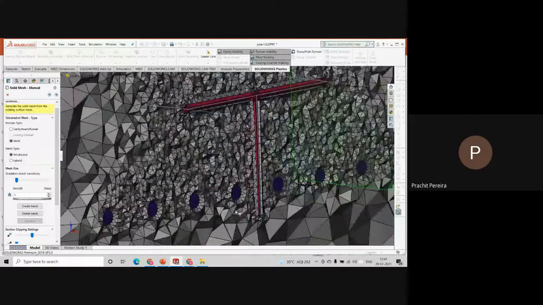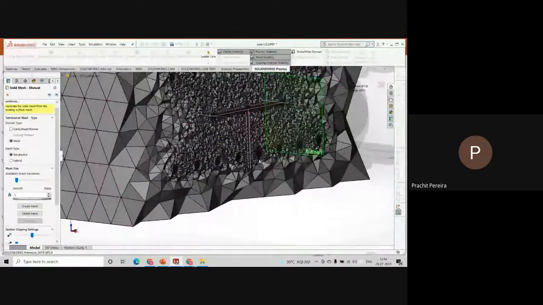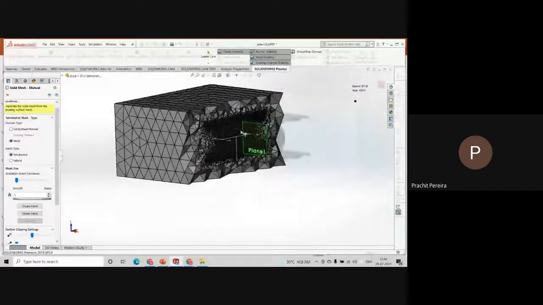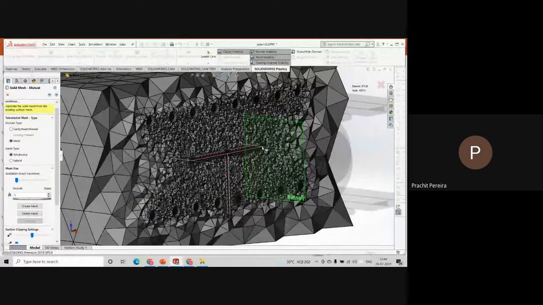सर, जो पार्ट हम लोग ने मोल्ड के लिए लिया है, सर, उसका जो मोल्ड कैविटी होगा, सर, वो बहुत कॉम्प्लिकेटेड होगा ना, क्योंकि वो टी शेप में है।